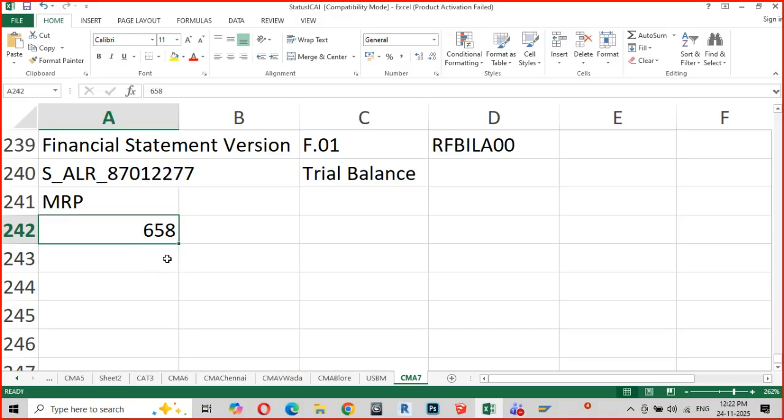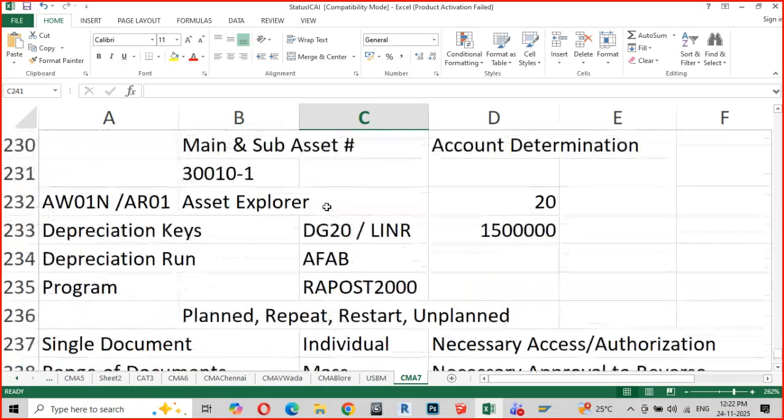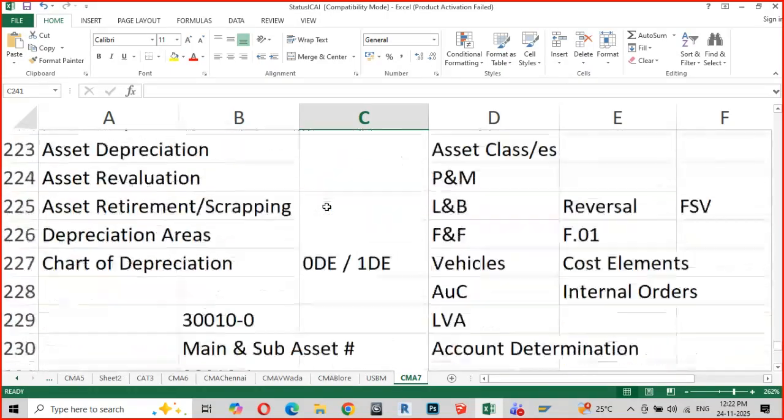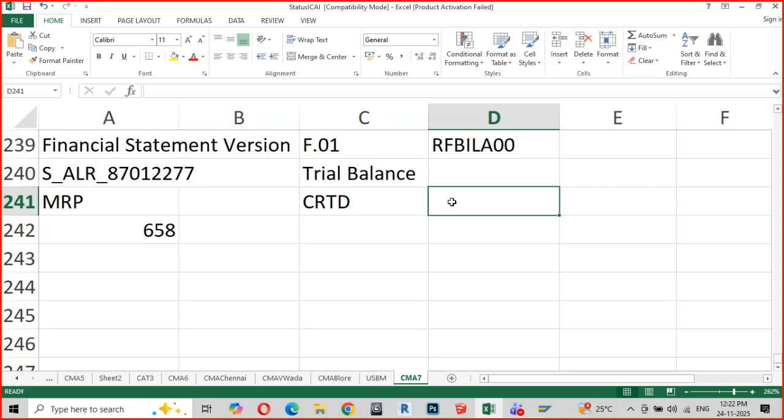I don't know if I'm adding extra data, but whenever you're talking about internal orders, in the first stage it will be in the created phase. So in this created phase, you cannot use this particular internal order for your postings. This has to be